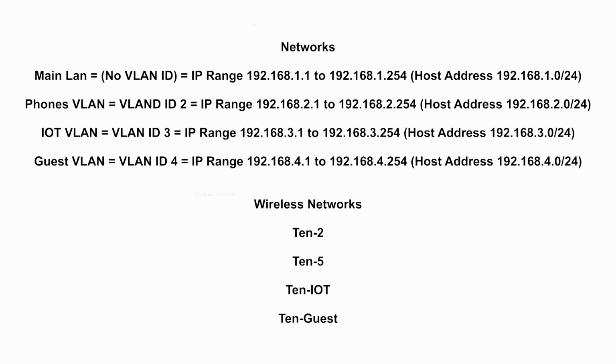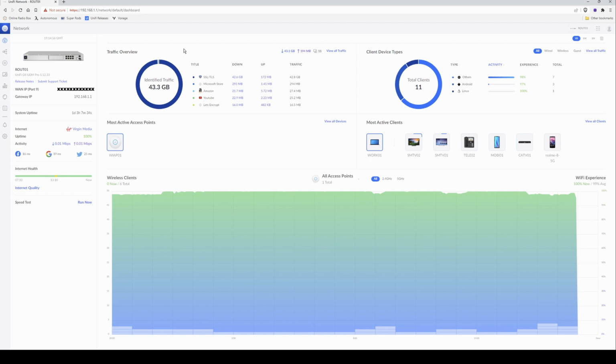Now that we've finished creating the 4 networks and also corresponding wireless networks, I now need to make sure that the voice over IP phones I have are moved across from the main LAN to the voice over IP phones VLAN that we have created, and move them out of the main LAN. We need to find out which ports they are connected to so that we can alter the ports to which those are connected to. So in order to do this, you need to go to the left hand side and